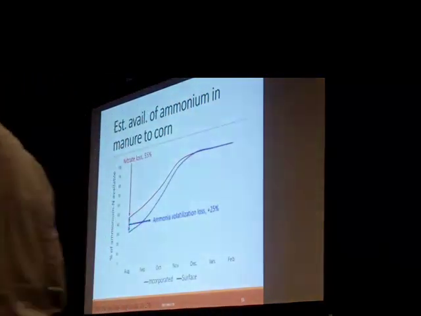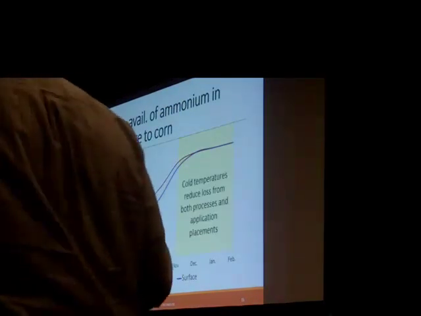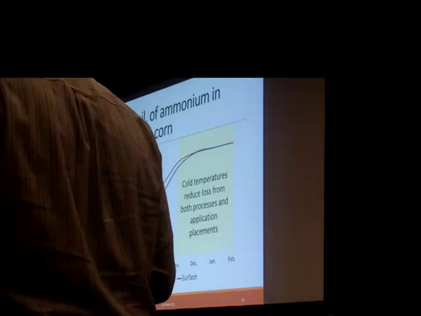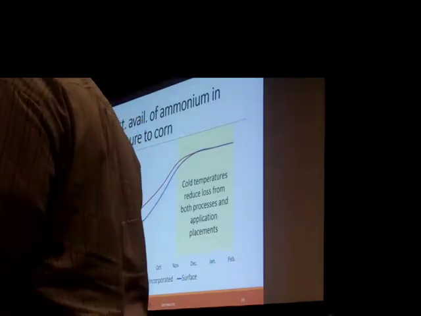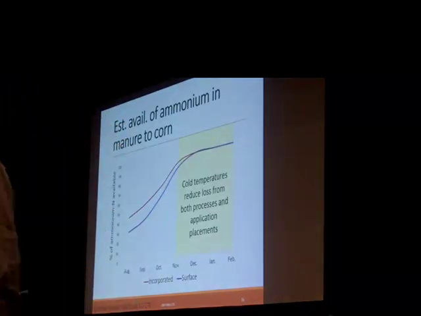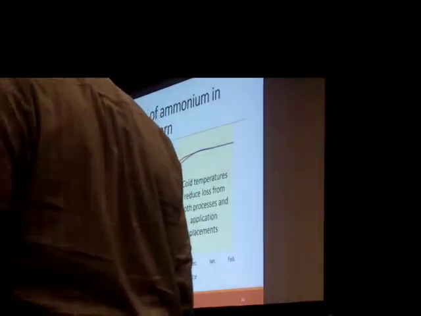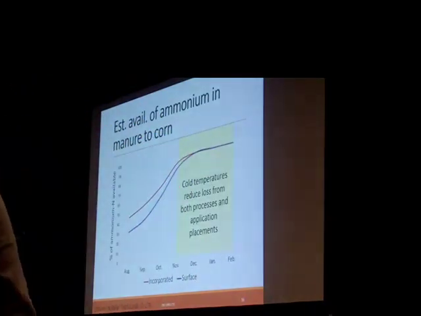So if you were going to incorporate manure to capture nitrogen, you need to do it as shortly after application as possible, because otherwise that ammonia has already been lost to the atmosphere. When those materials are put out later in the year with cold temperatures, both the conversion of ammonia to nitrate and its subsequent loss, and the ammonia loss to the atmosphere, are reduced by the cold temperatures. And so that later application, if you don't have snow melt or rain on frozen ground, can capture more nitrogen